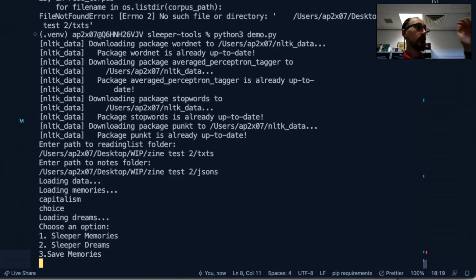Okay, so what it's done now is it's looked at that data, it's loaded what we're calling memory, so that's the search. The search is the memories of the data, and then it's also loading some dreams. So that's the imagined text that could come out of it. So let's just look at a memory. That's just a search. So it's found that the couple of